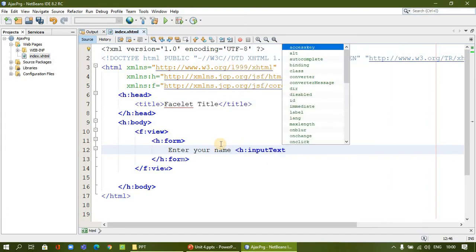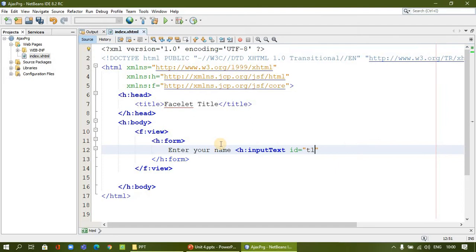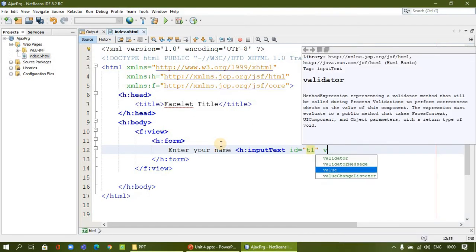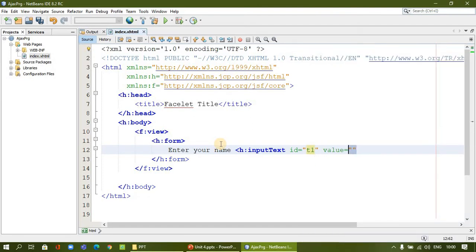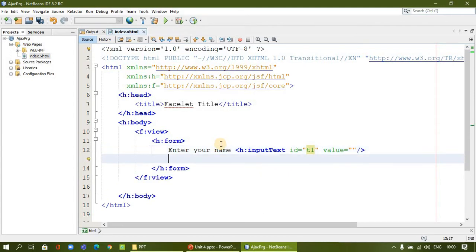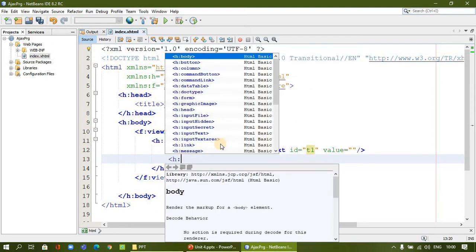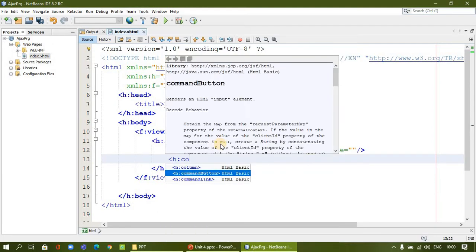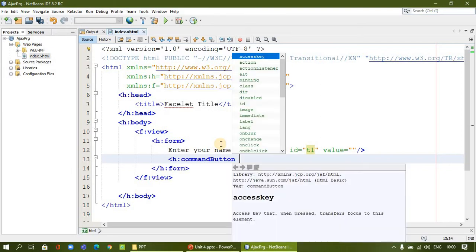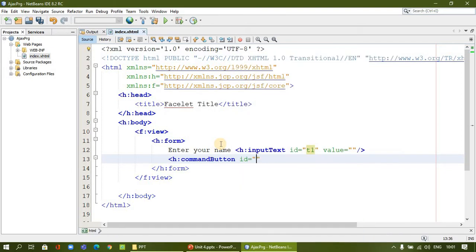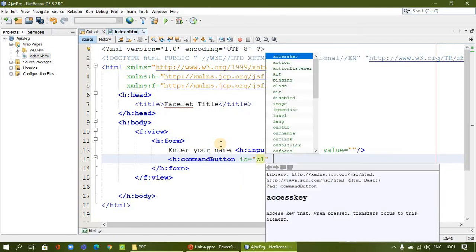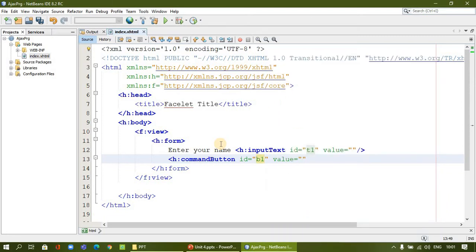Through the input text, maybe I say ID is text1, for example, and we have to assign the value and connect the managed bean. I will connect it later, and I need a button to process. So I will have a command button or link. You can use a command button. You need an ID, maybe button1, and the value you want to show on the button.